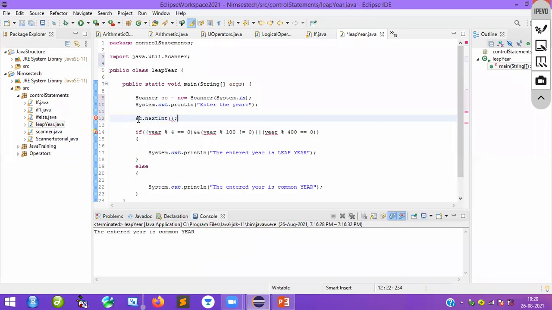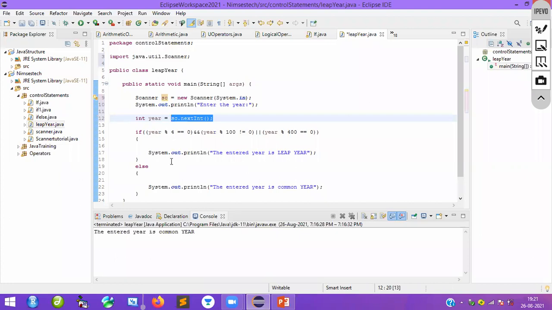That's it, we are calling it. Whatever data is taken will be stored into one particular variable. For that I will say int year equals that. Whatever data you give will be taken and stored into year. Later it will be executed.